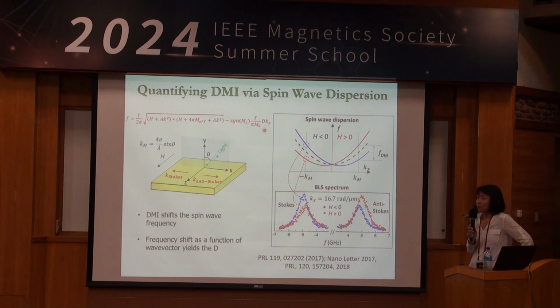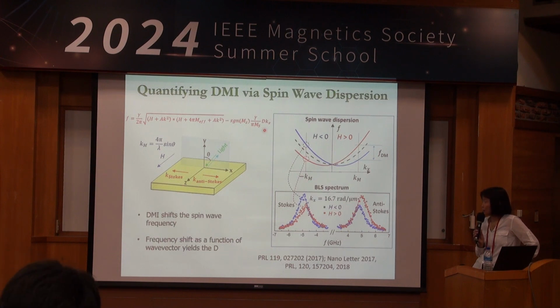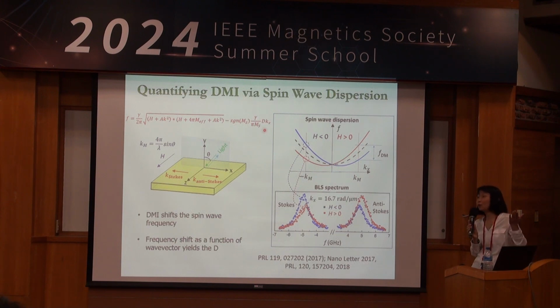But after this momentum conservation, we are probing actually a much larger wave vector than the magnons we were interested in maybe 10 years ago using this optical method. I think maybe there are some advantages of the magnons we are probing in this high wave vector region. I would still call them low K compared to the Brillouin zone. They're still low K range. If I were to calculate the wavelengths, they're 100 nanometers, and 100 nanometers is in between the exchange region and dipolar region.